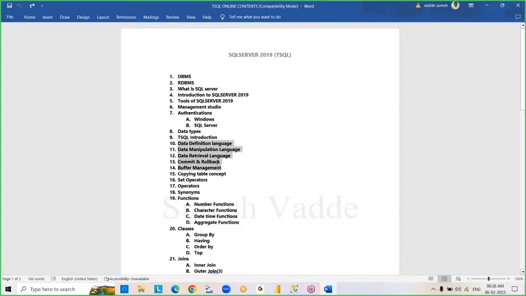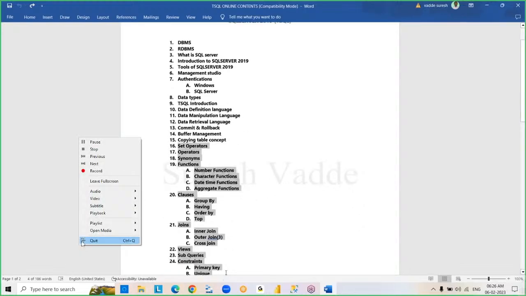See this. So data definition, data manipulation, data retrieval. Commit, rollback, and buffer management, that is DCL. See that. So the copy table concept. So from here again select statements only. So these are all up to sub